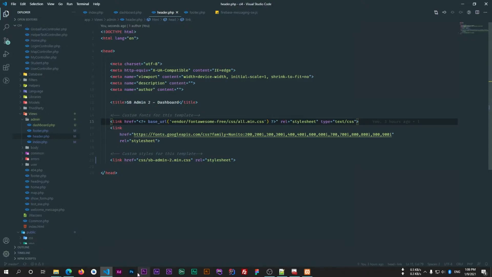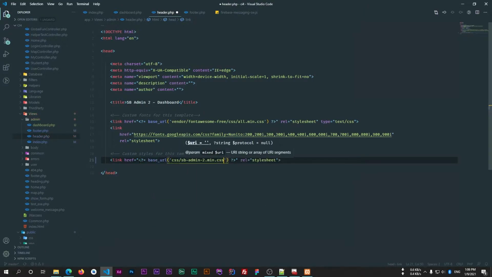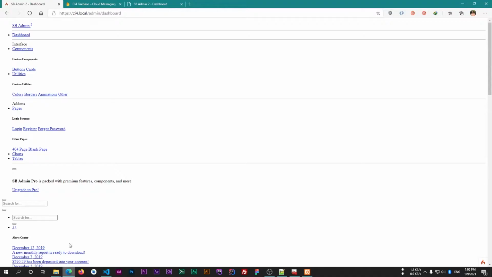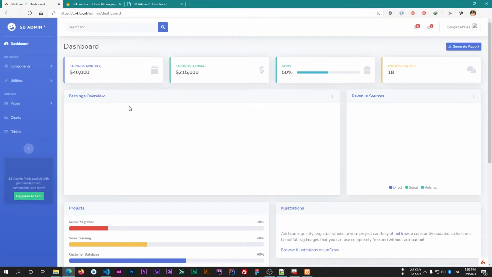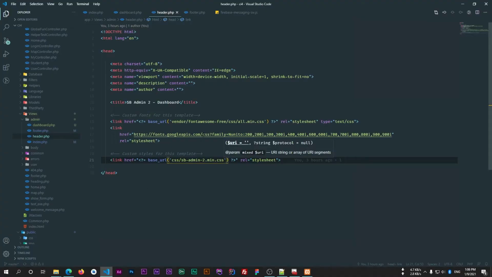Now save this file, and we have to do this as well. Save the file and reload the web page, and our view is almost loaded, but we have to do this for JavaScript files as well. And let's see if there is any other file.